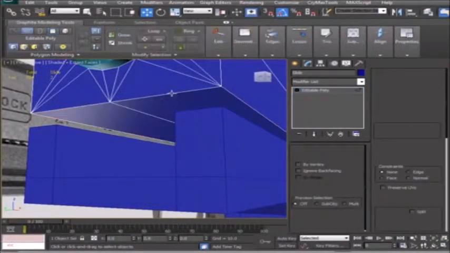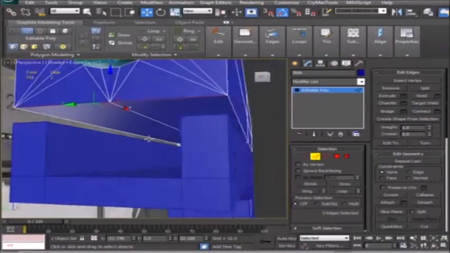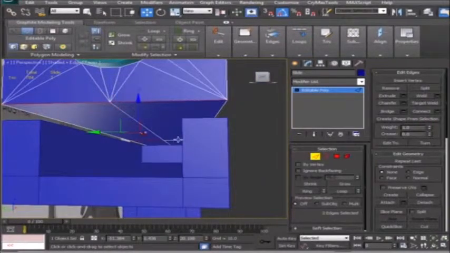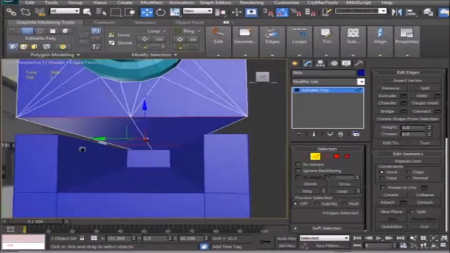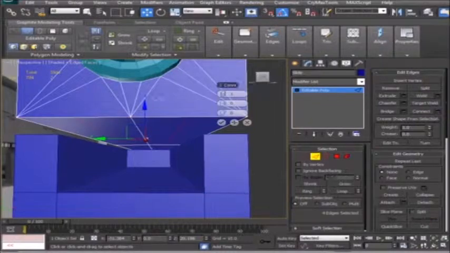What I can do is take these edges here, do my connect options, and do a slide. However, you see they both go the same direction. So I'm going to do an interim type cheat, give myself two segments, and I'm going to pinch them